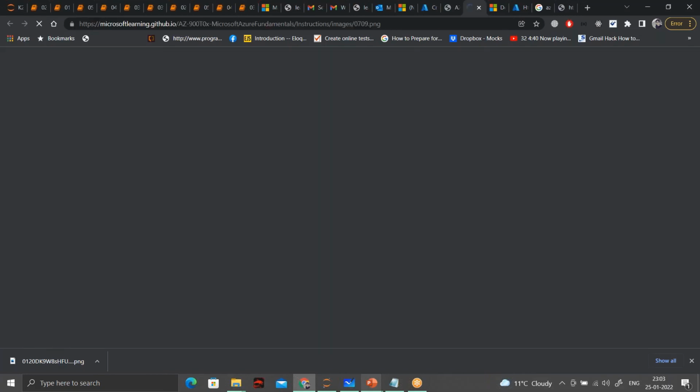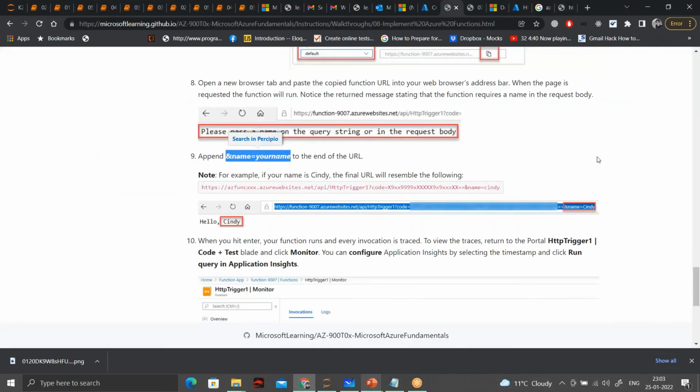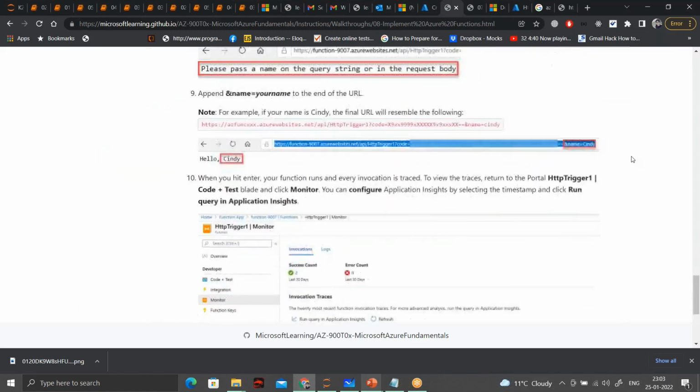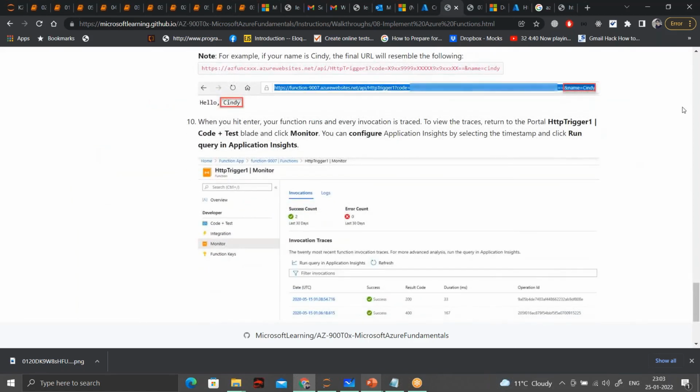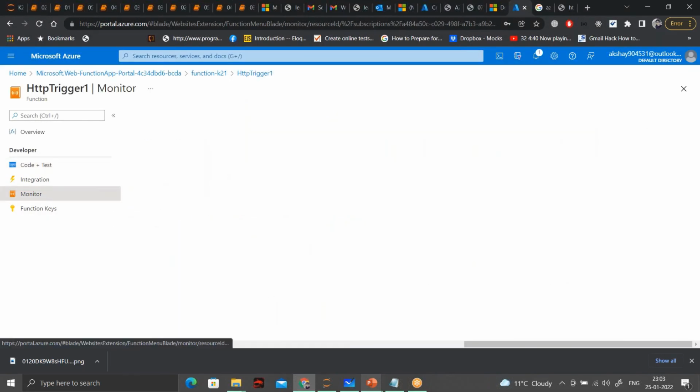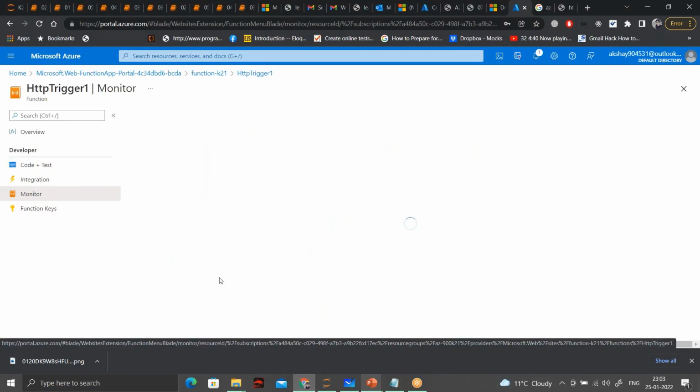Okay, after this, you can monitor your function apps also. In your Azure portal, there is a monitor section where all your executions, whether they were successful or not, you can find in your monitor tab here.